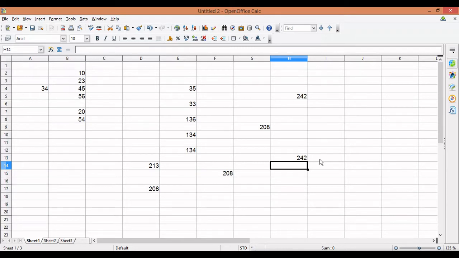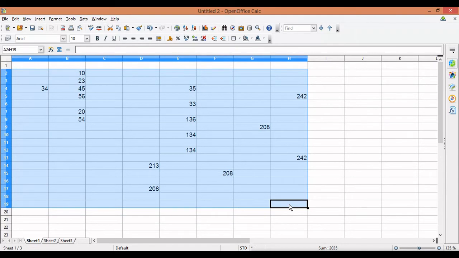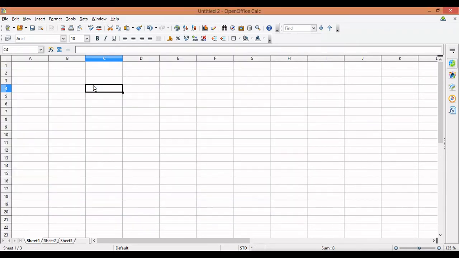Now let us start with another function, which is average. Now let me first delete this. Now for average, I'll take a few numbers, maybe 1, 2, 3 and 4. Okay, now what is average? Average is when you do the sum of numbers and divide by the total number.